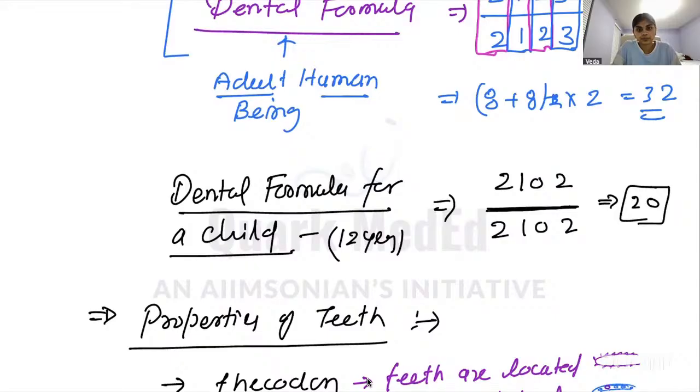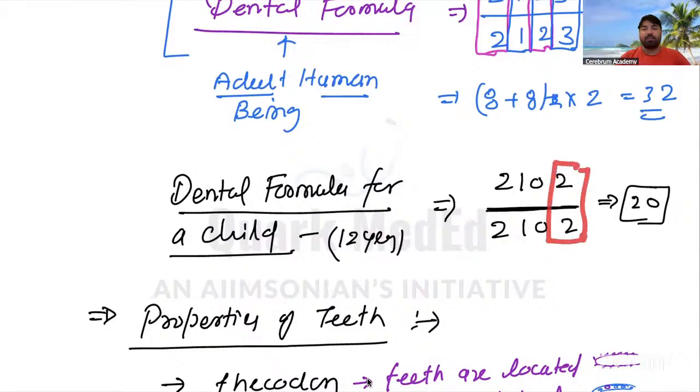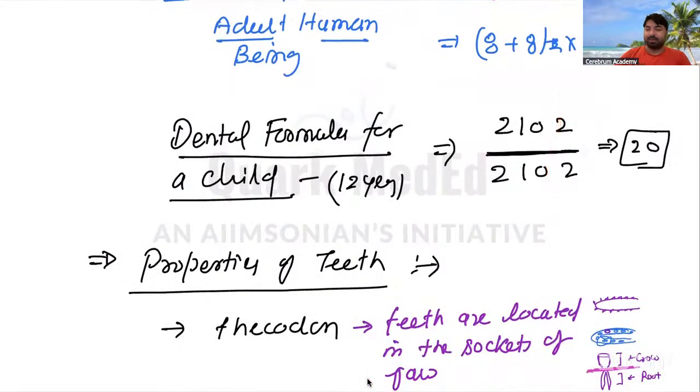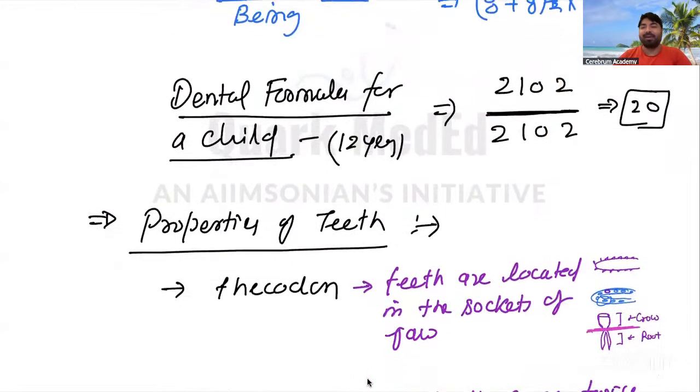You might have heard that people get wisdom teeth. Have you heard of wisdom teeth? At what age will they have wisdom teeth? Not at 11. At what age will you become wise? 13? 18? It comes around 24 years of age. So they call it wisdom tooth. It has nothing to do with wisdom. It's not that they will have wisdom teeth so they will be wise. Not like that, but it is called that.